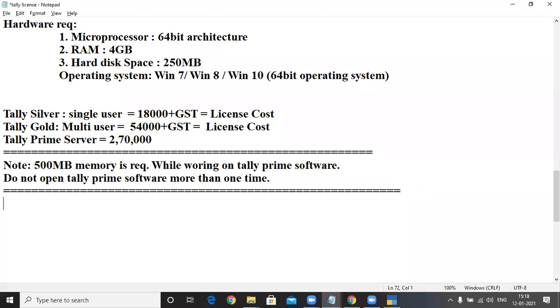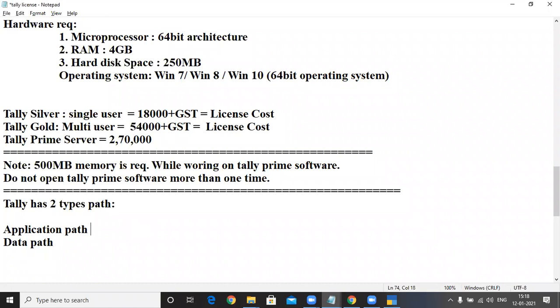So next, we have application path and data path. We have two types of path in Tally: application path and data path.